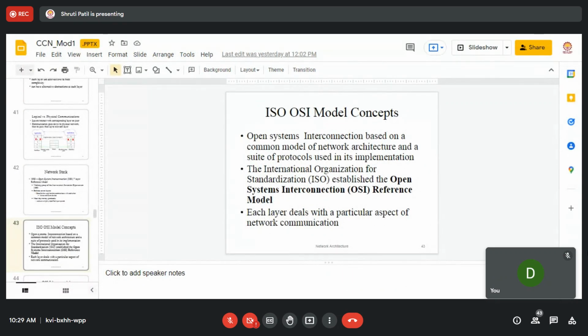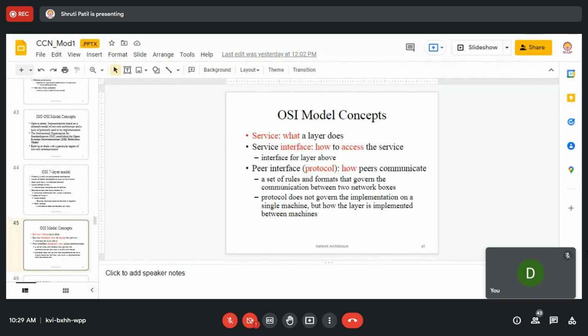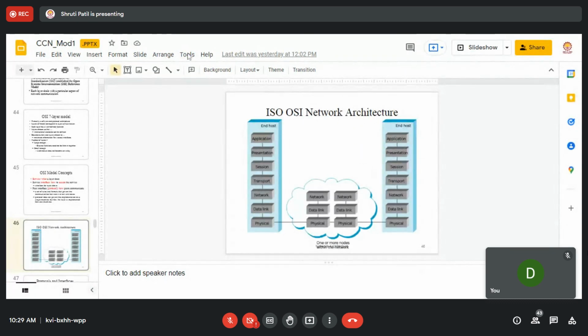We've seen the OSI model, or ISO OSI, that is the International Standardization Organization's Open Systems Interconnection reference model. It has 7 layers from top to bottom: application, presentation, session, transport, network, data link, and physical.